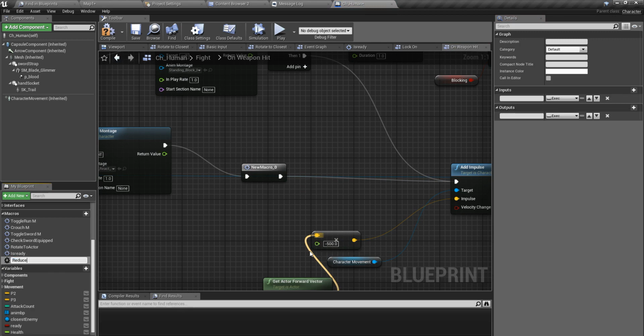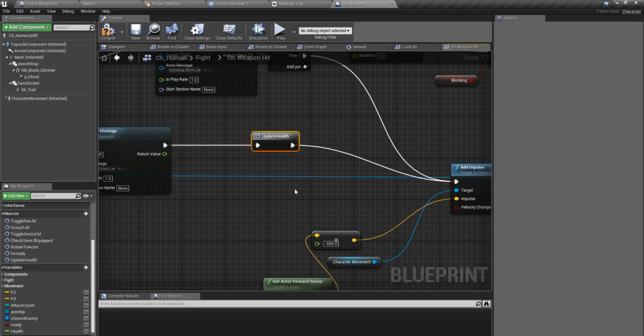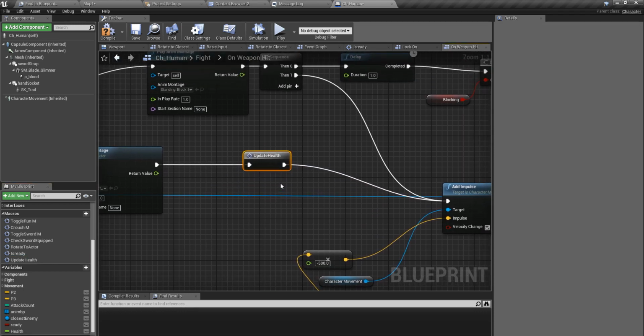And not reduce health, I'll just call it update health, because in future I may need to have add health parts as well, like getting potions or medipacks or something. So I'll call it update health,